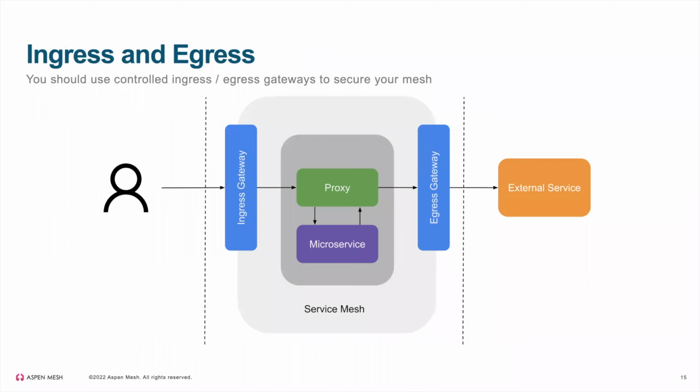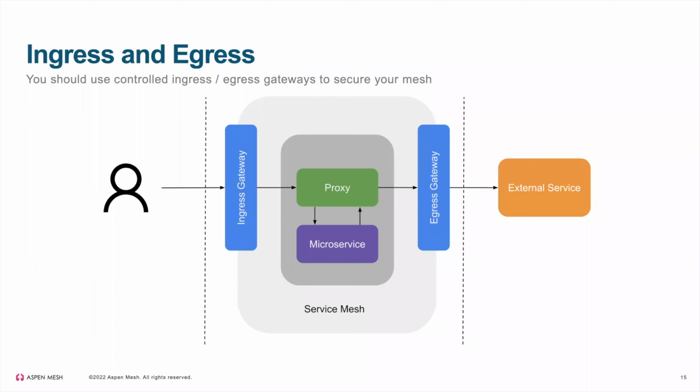I did want to touch on ingress and egress as well. Obviously we've talked a lot about traffic within the mesh, but you're going to have external requests coming in, and you're going to have requests that are going out of the mesh to some sort of external service. And there's a concept of an ingress gateway and egress gateway to handle this. The ingress gateway actually sits behind your ingress controller on your cluster, and it's an Istio specific object, but it gives you a lot of the routing configuration that you need. So it's another layer of configuration, but it's pretty powerful.